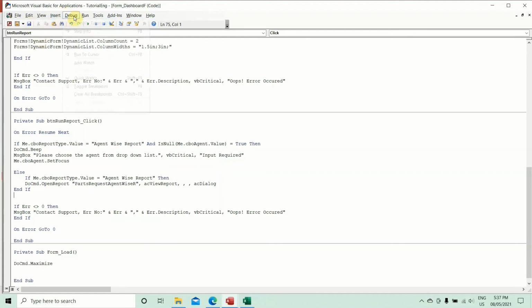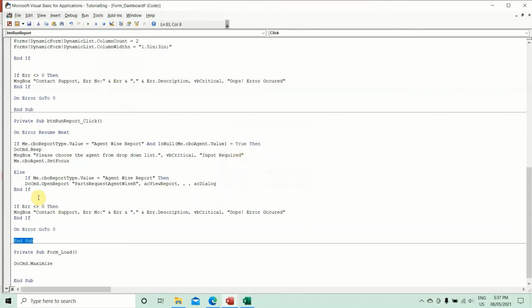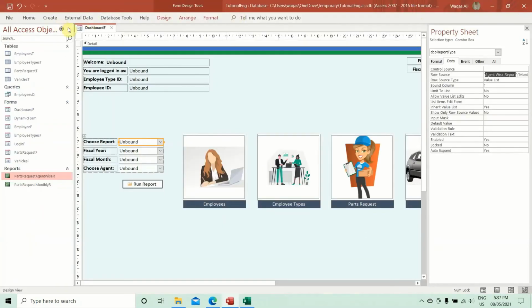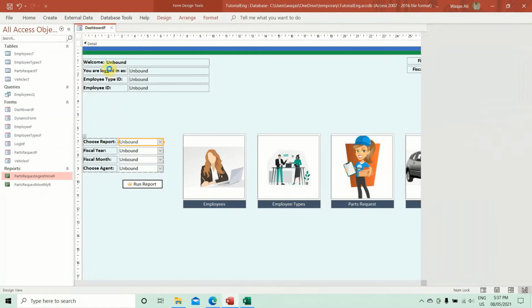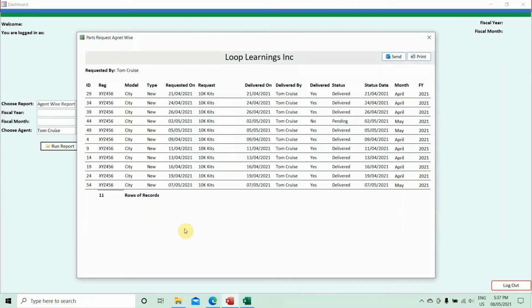Save it, debug it. Block if without end if. Yeah, there should be another end if. Debug again, save, close. Now let's run this report. So you'll see agent wise report, and we'll see the records created by Tom Cruise. Run report, and boom,